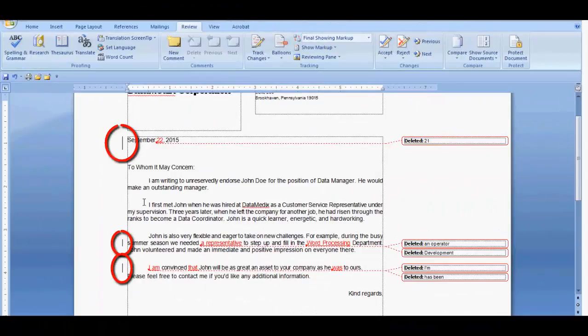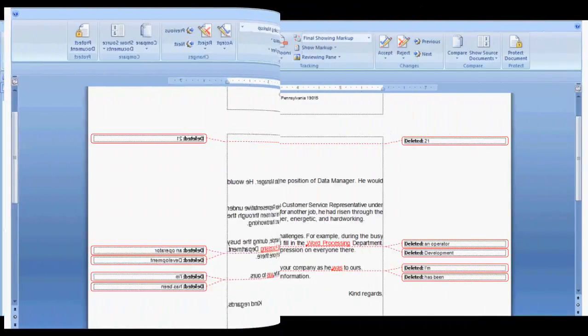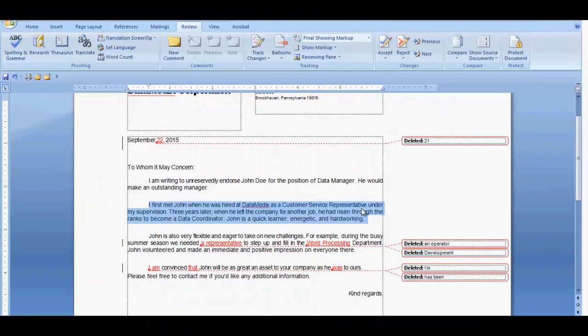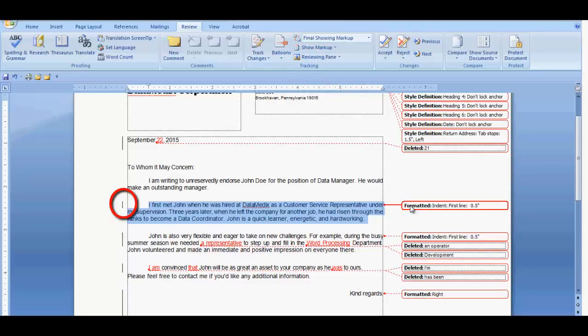You will notice on the left of the text are some vertical lines. As long as there is a change on that row, the vertical line will be displayed. This paragraph has a change, but since I don't have the formatting displayed, you do not see the vertical line. As soon as I display the formatting, you can see the vertical line. I can either click on the balloon or on the indented area, and then right-click and select either accept or